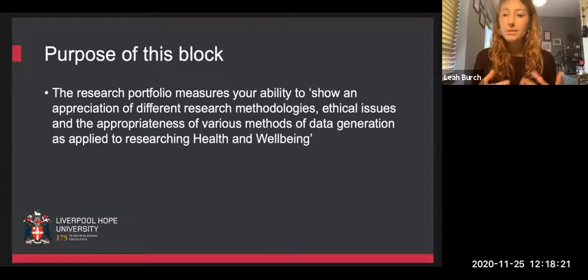We're going to be thinking about different methodologies. So we're going to be looking at qualitative methodologies, quantitative methodologies, and really trying to assess what the differences are between those different methodologies, and how, because of their differences, they offer different things